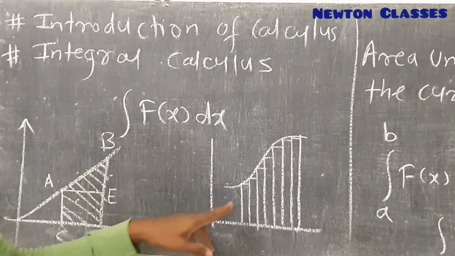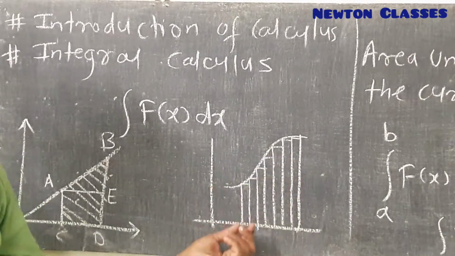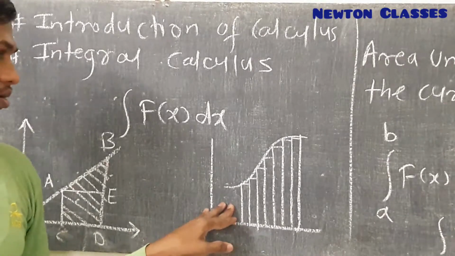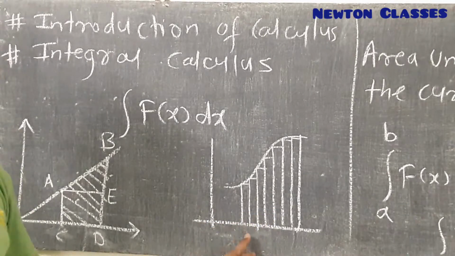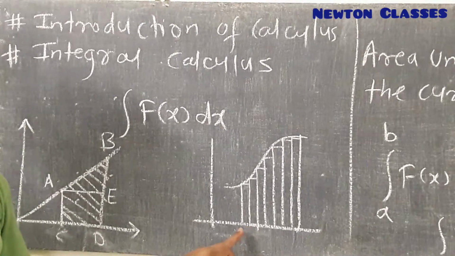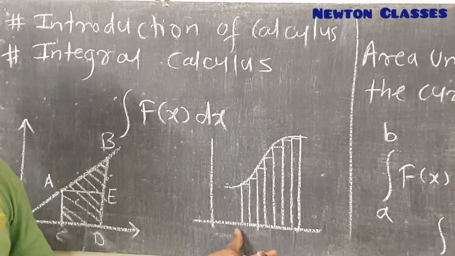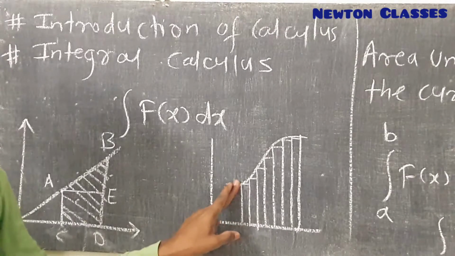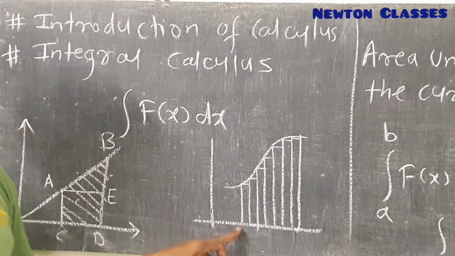Here we have to divide this total area into a number of strips having equal widths. Now, the area under the curve is the addition of the areas of each rectangle. The width of this rectangle is nothing but xi minus xi minus 1, meaning the next x coordinate minus the previous x coordinate, and the length of this rectangle is equal to the coordinate of y with respect to xi.